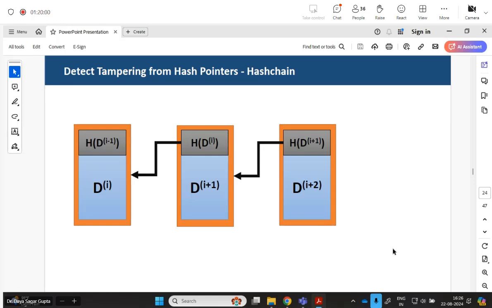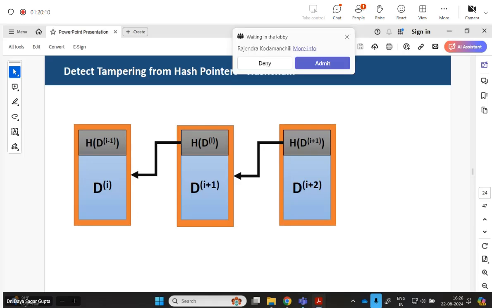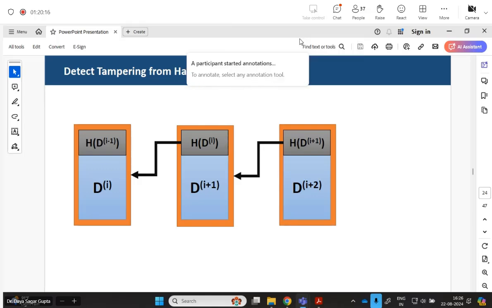Now, detect tampering from hash pointer, that is hash chain. Now it is a hash chain. What we are going to do, let us see it here. This is the actual hash chain in the blockchain. See, every one of these blocks